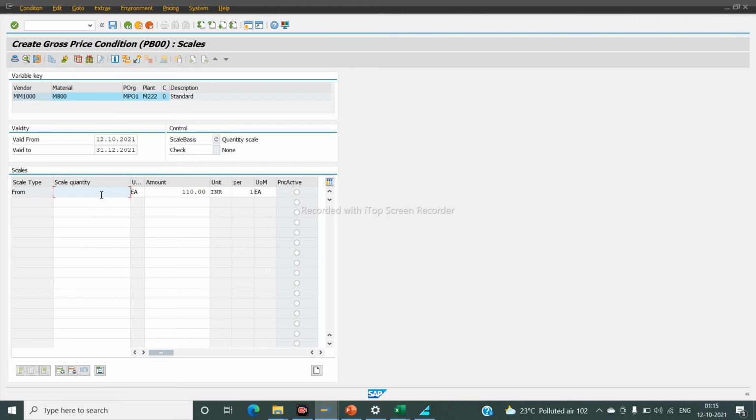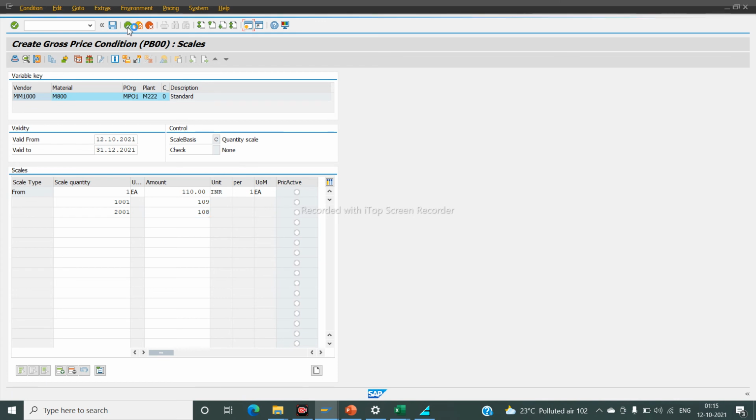For scales, from quantity 1 to 1000, it will be 110. From 1001, the price will be 109 rupees for each material. From 2001, it will be 108. This will be the condition. It will be maintained in the info record.